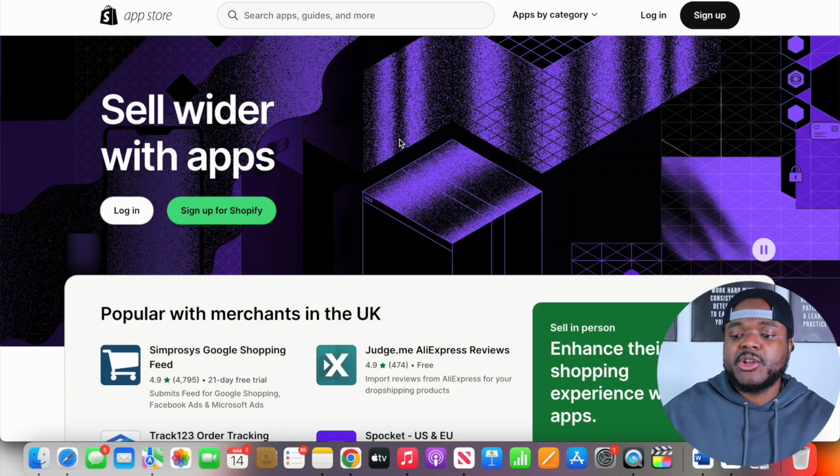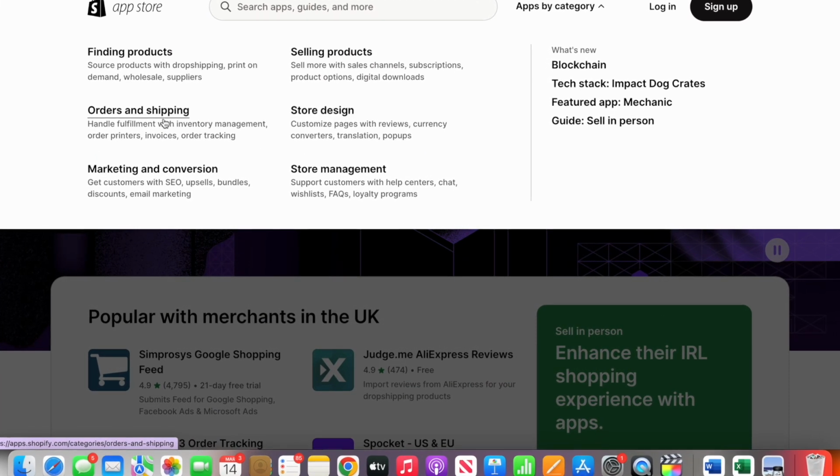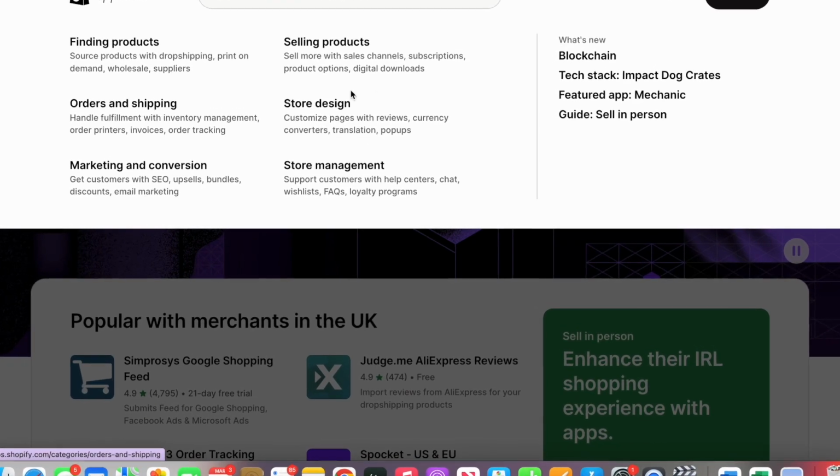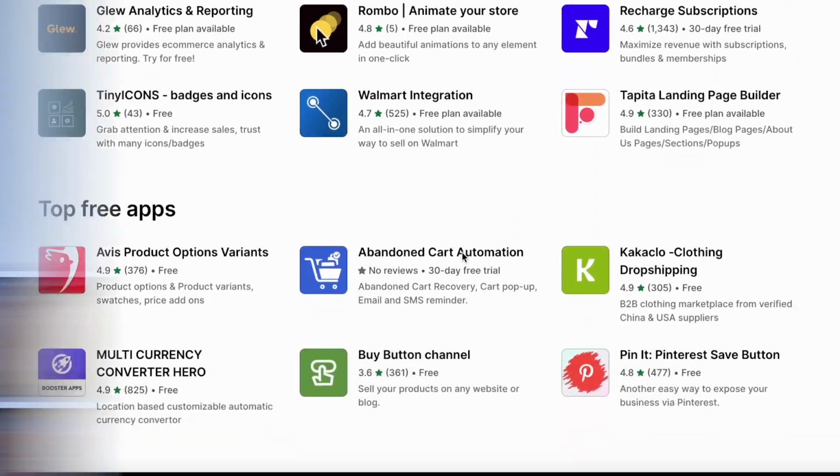But one of the main benefits to using Shopify, and the reason why I always recommend it, is because they've got an app store where they've got so many different apps that are available that you're going to be able to connect to your Shopify store, which is going to help things run a little bit more effectively. They've got so many different apps in so many different categories, whether you're looking to find winning products, you're looking to sell products, you're looking to deal with order and shipping, etc., etc. They've got all of these different apps that you can start using today,